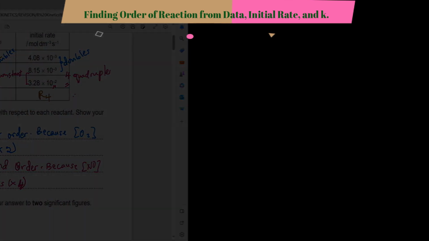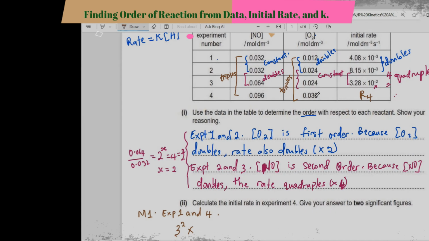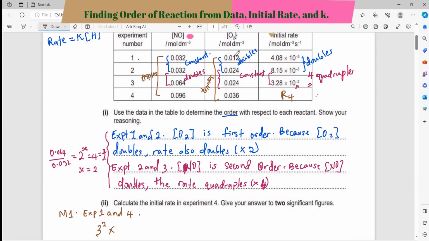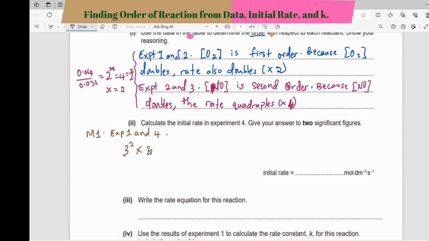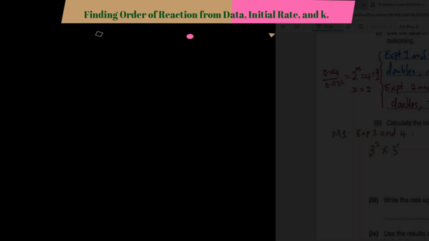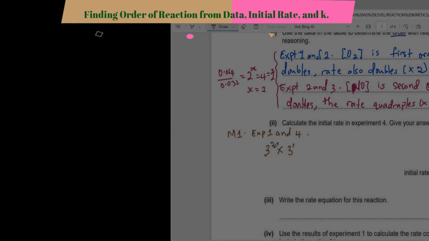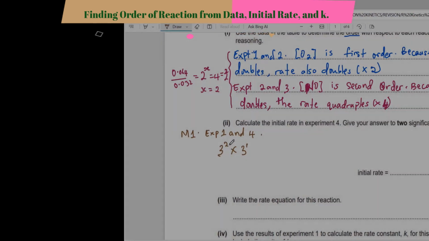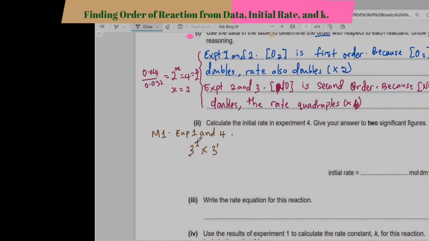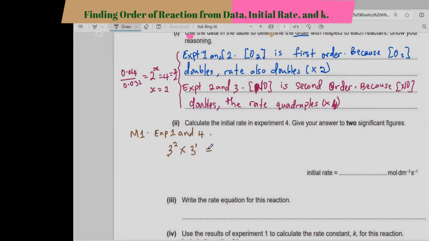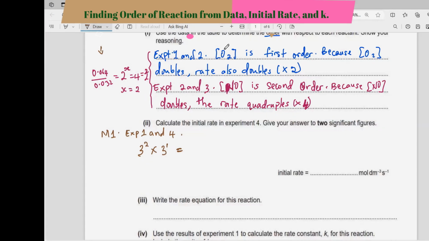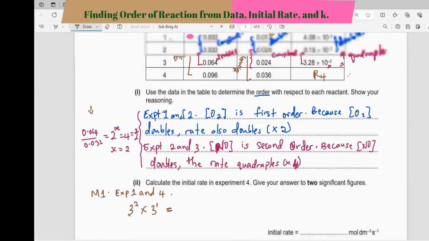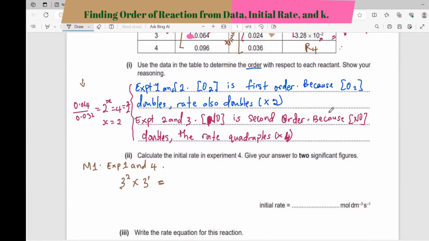So it triples here. 0.036 divided by 0.012, it triples. So multiplies 3 raised to the power 1. Remember, the order for the reactant oxygen is 1, and the order for the reactant nitrogen monoxide is 2. That's why we're using 2 multiplies 1. And we are following the same principle here, right? Gives you, let's say, R4